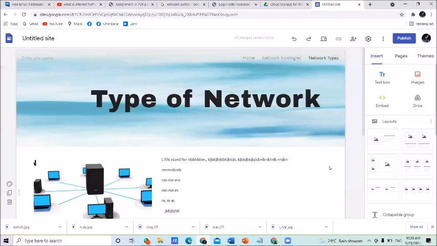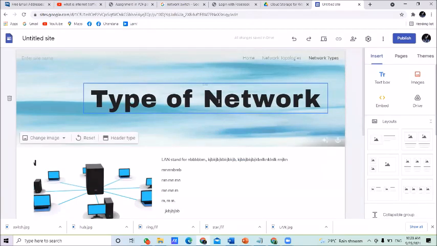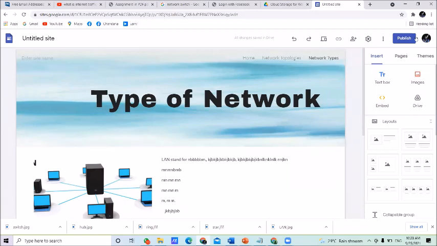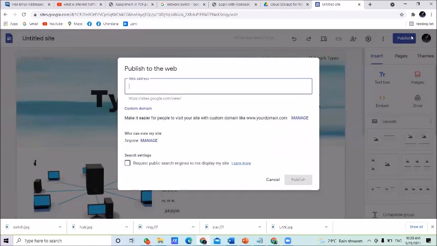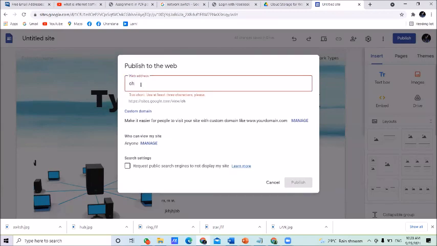Right. Look at these steps again. After you create the assignment, click on the top right corner blue button, publish. Once you click publish, the publish to the web box appears. Under that, they are asking for a web address. Instead of this, you give your name.